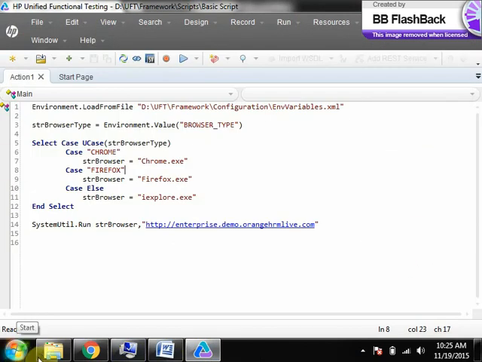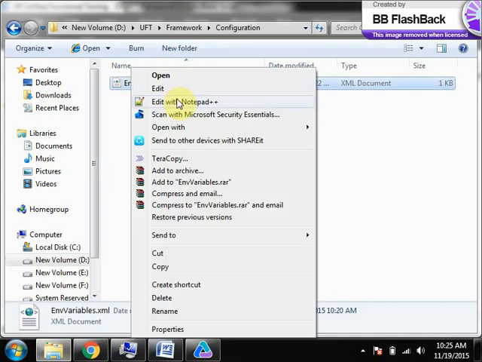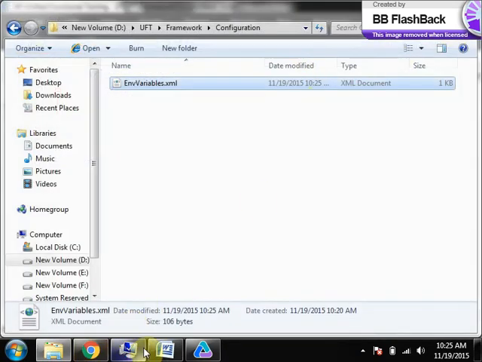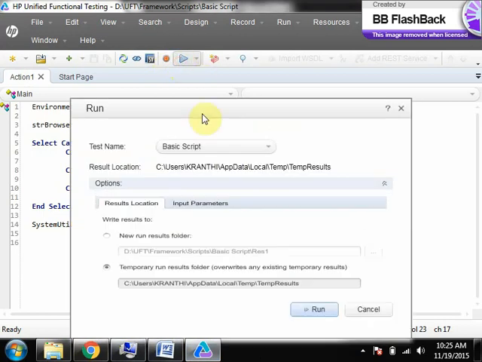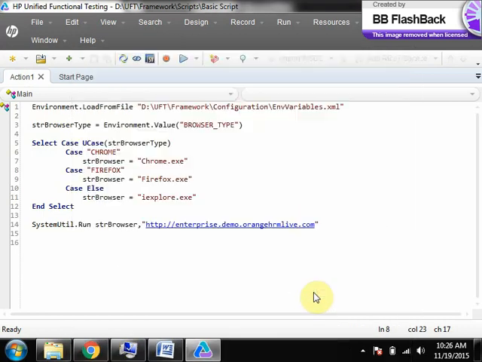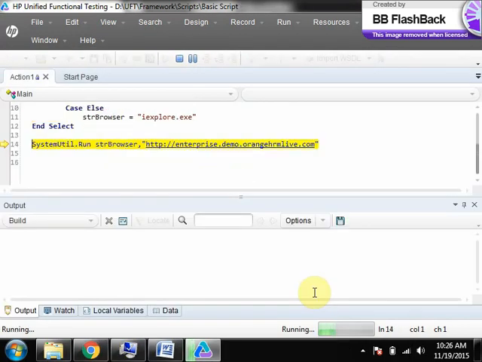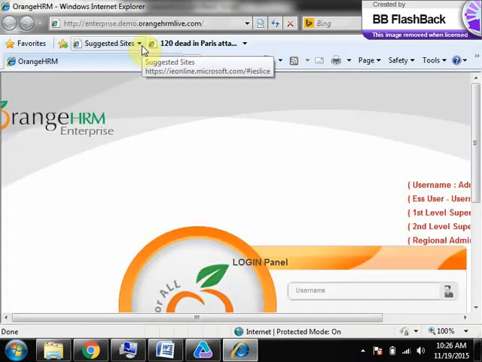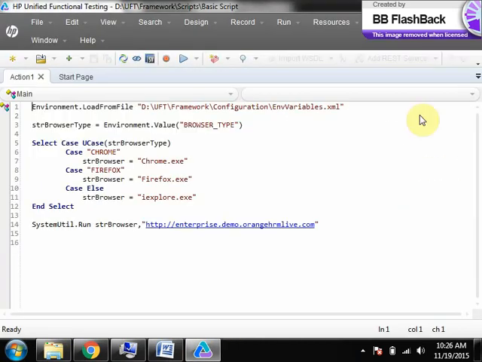Now if you go here and change this, right click and edit, I will mention as IE, and if you run the script now, it should launch Internet Explorer. So you can see Internet Explorer has been launched with the given URL. So like this, you can change the browser anytime without modifying any script.